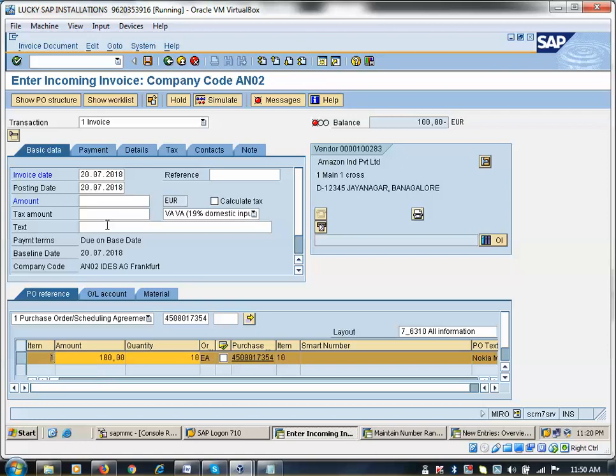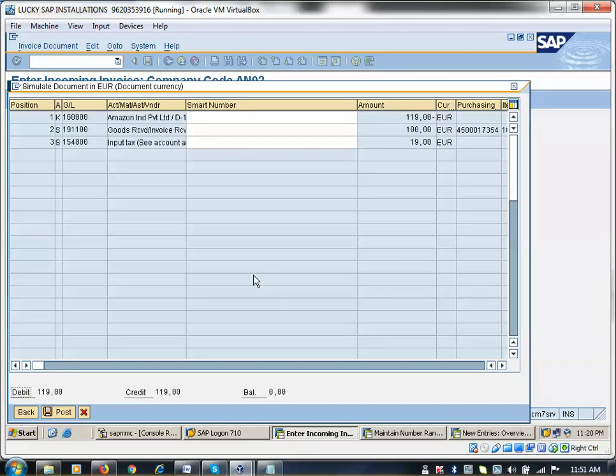Okay, so now click on select tax here. Now VA 19% is taken. Yesterday for the 0001 company code, it was taking VN. Now for the 1000 company code, VA is taking 19% tax here. So 119. Click on enter. You can simulate here. If you added any freight, it would also be added. I have not added freight for my PO. Now here only tax. We have to pay the amount to Amazon India Private Limited. Total value including tax is 119. $100 is product price, $19 is tax.